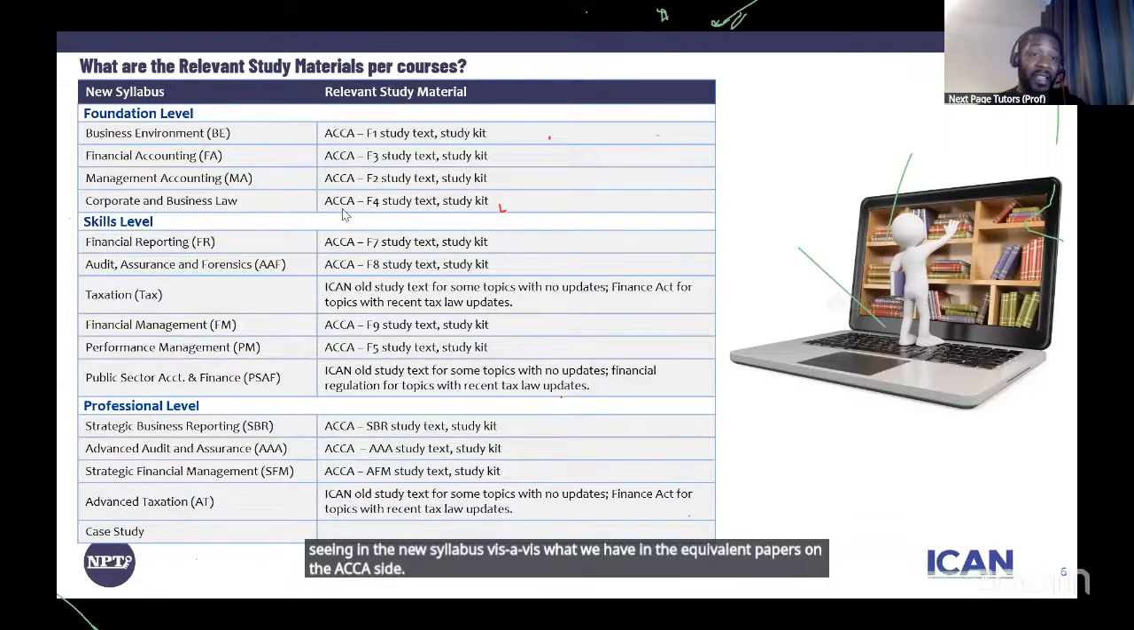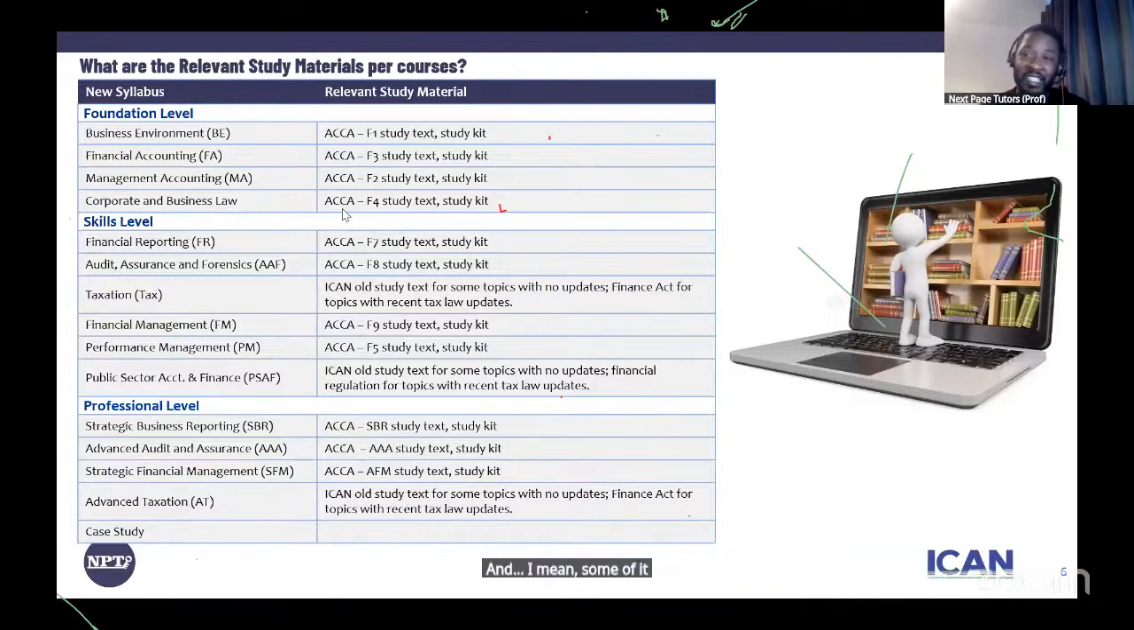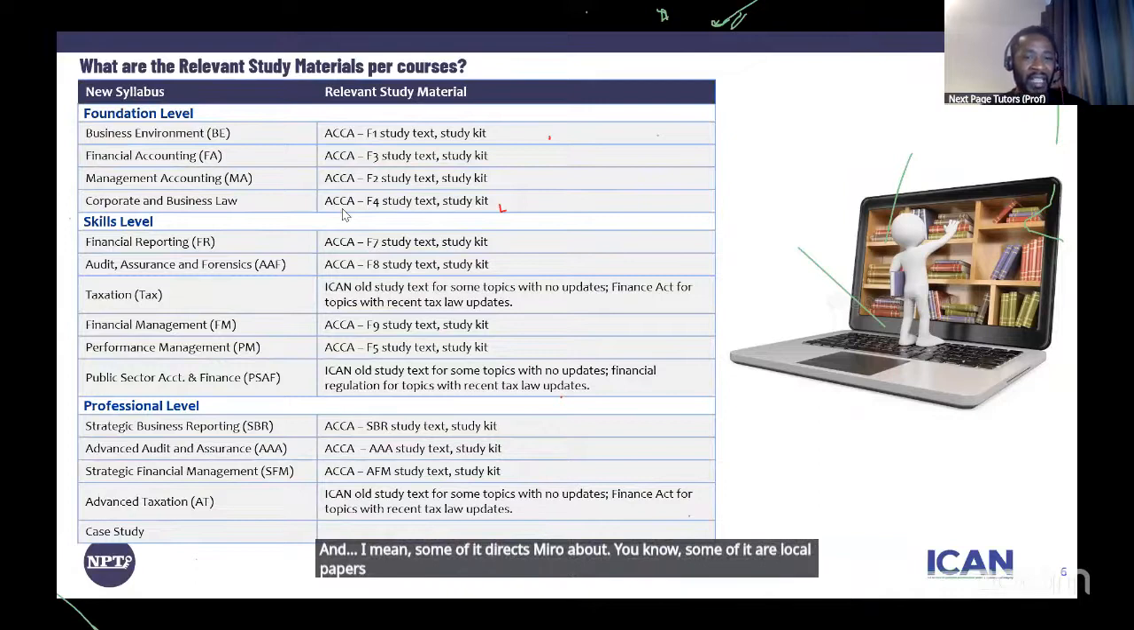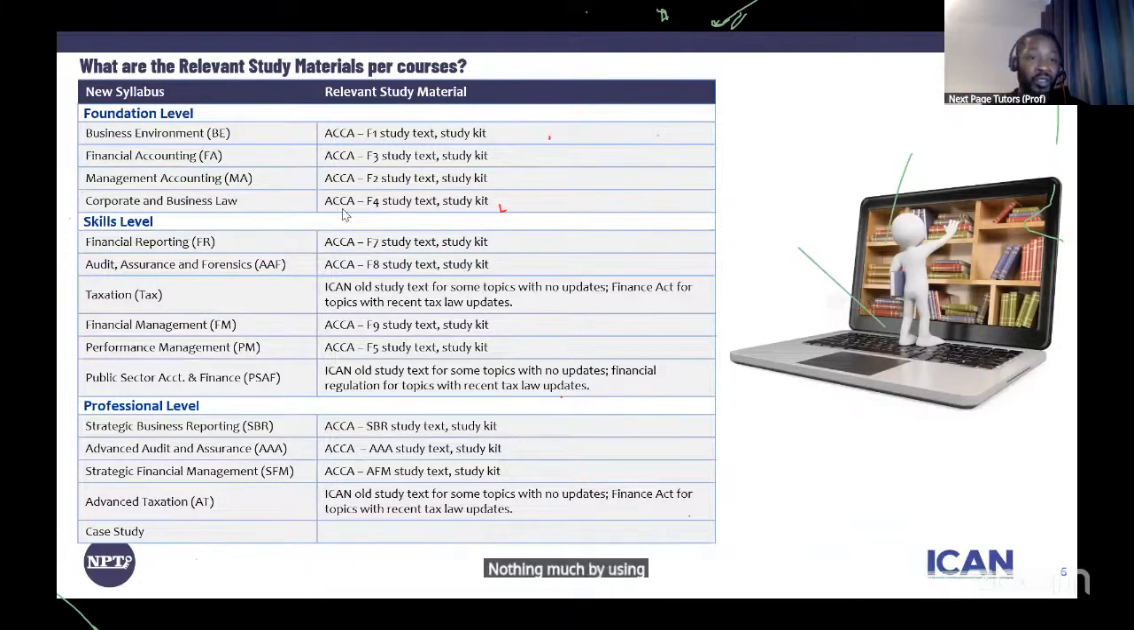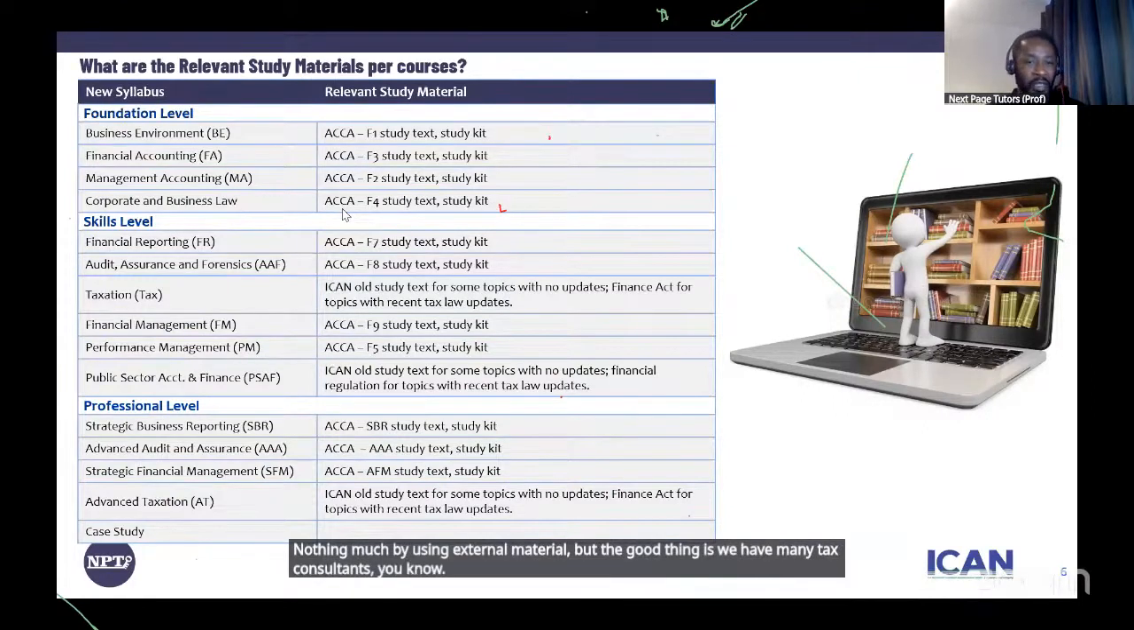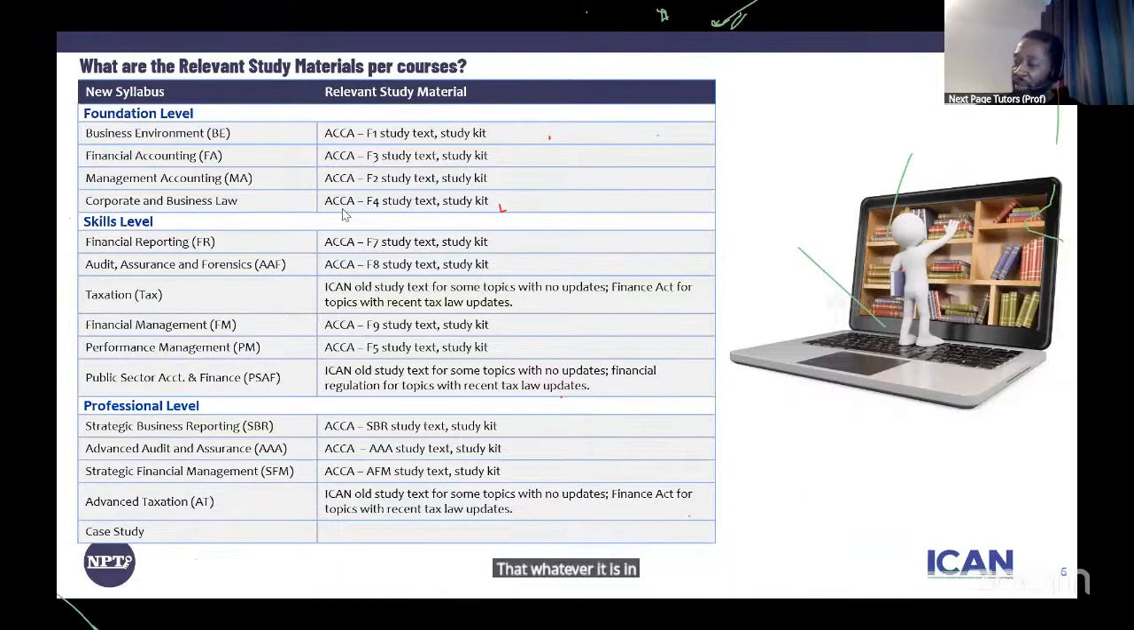And I mean, some of it is a direct mirror, but some of it are local papers like taxation and advanced taxation, where we can really do nothing much by using external material. But the good thing is we have many tax consultants as tutors that are also taking you for taxation, and you can be rest assured that whatever is in the pack, we're able to bring the current reality into it